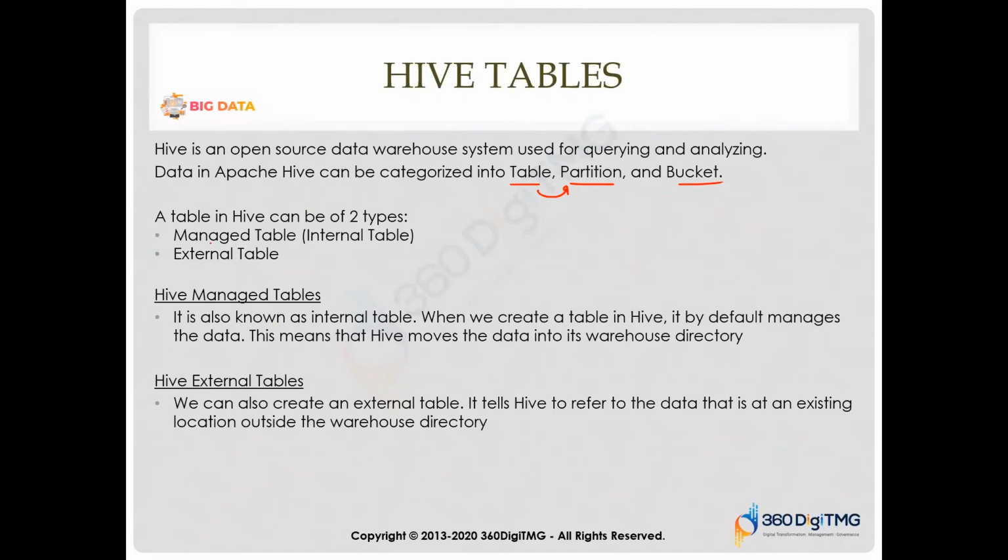Okay, now the Hive tables that we are creating are classified broadly into two types. These are called internal tables or external tables. An internal table is also known as a managed table. What does this managed table mean? When we are creating a table in Hive, by default the table would be called an internal table or Hive managed table, which is automatically managed by Hive itself. Right? It manages the data within these Hive tables.